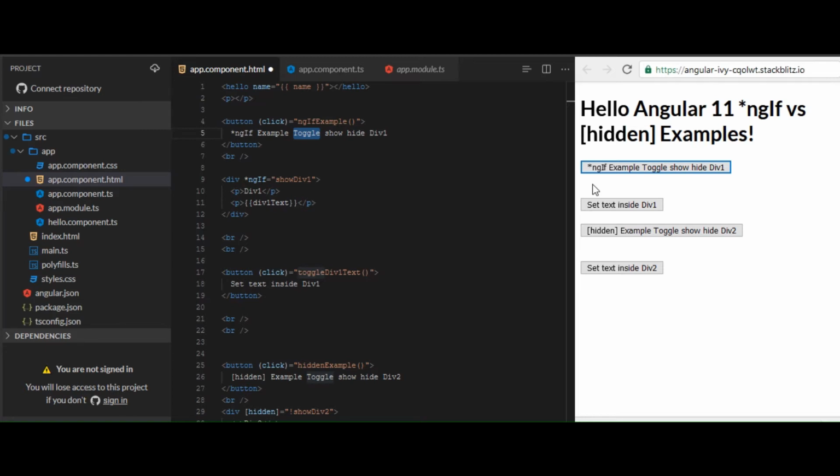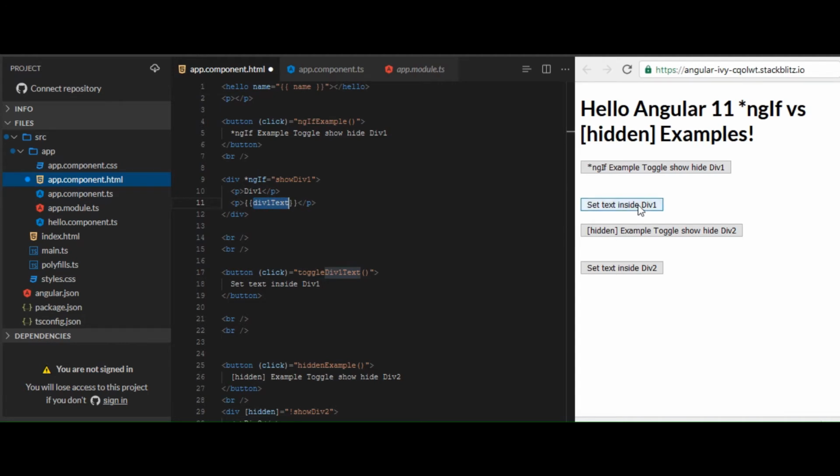So the basic question is, if I do some other thing like toggle div1 text, inside this I am going to access the div1 text value. The thing is, ngIf is not hiding, it is removing the entire control from the DOM. What will happen if I toggle the div text inside this?